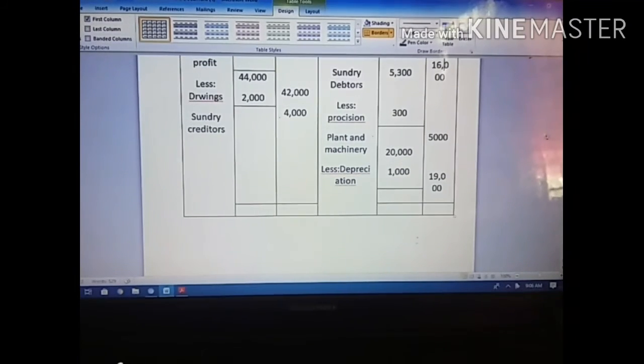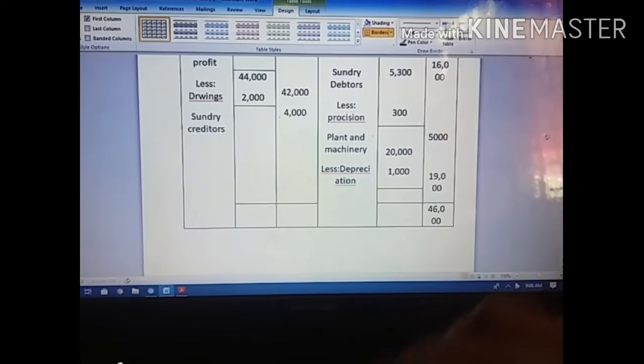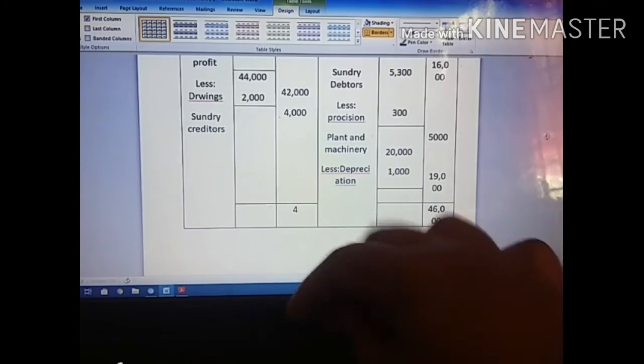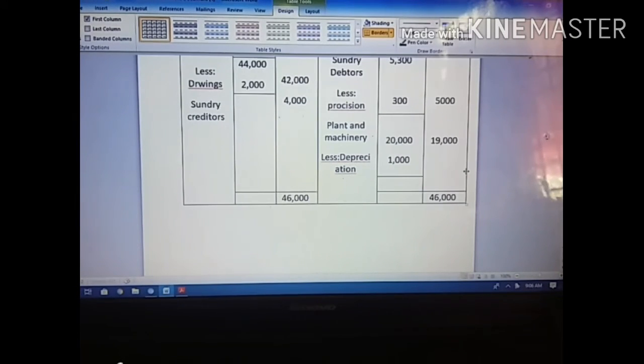So likewise I have to enter all the amounts. I have to enter debit, asset side, and credit, liability side separately. Both sides you have to get the same value. Here we get 64,000 on both sides, so I write 64,000 on both sides. The balance sheet normally must tally, then only your sum is correct. If you are not getting the same value on both sides, you made some mistake. You have to find out the mistake and rectify it. So in the balance sheet both the asset side and liability side must tally.